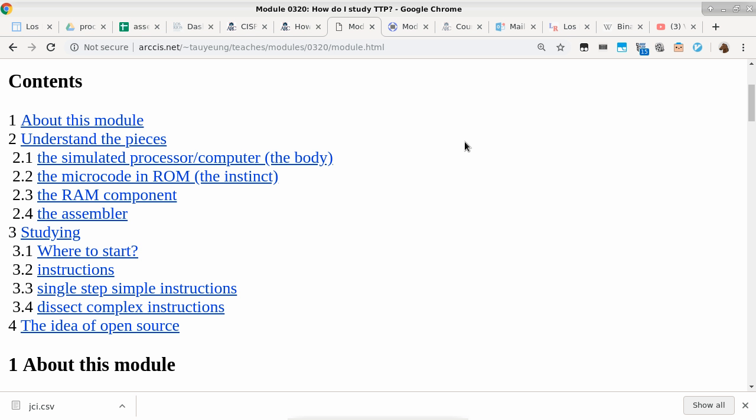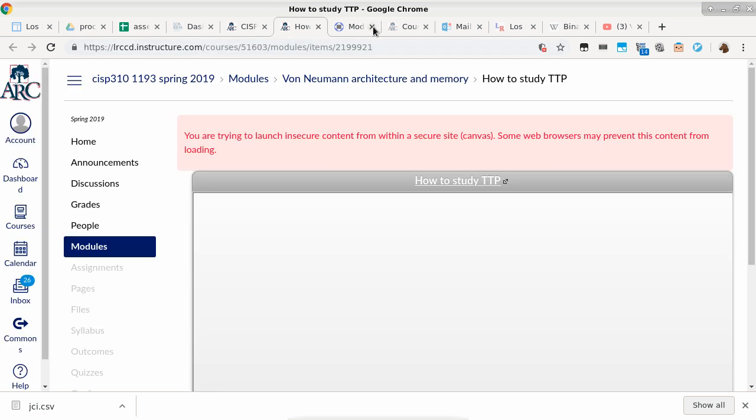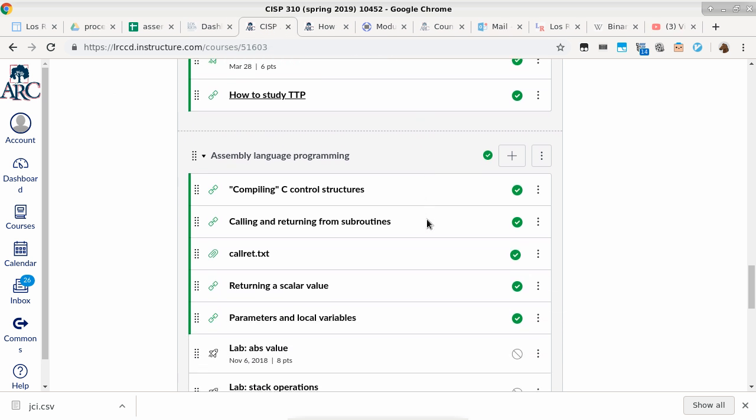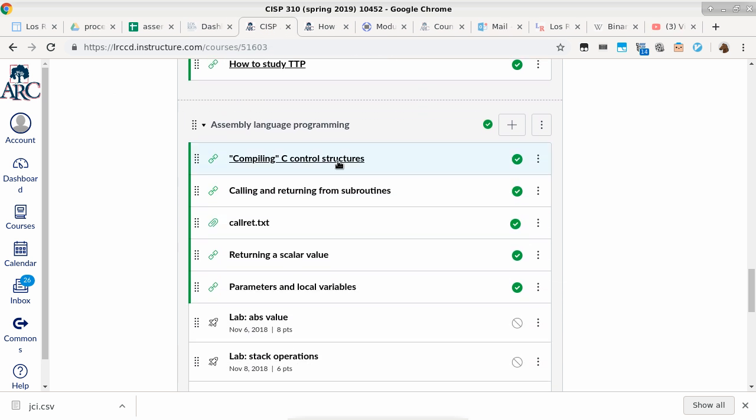All right. So I'm not going to go over this module because it really is just talking about how to study for this class at this point, which I have already talked about earlier in this class. So we're going to continue and go on to the good stuff here. So the good stuff is,